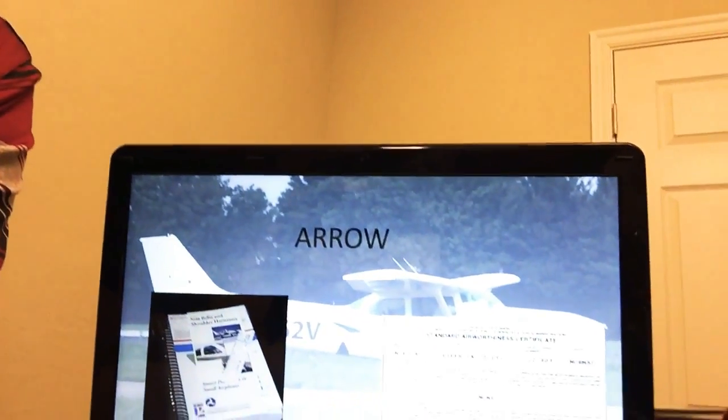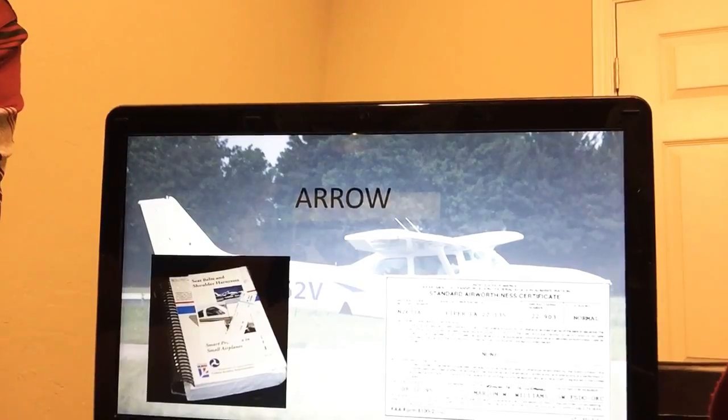Also, documentation for that aircraft. We all know what AROW means: airworthiness certificate, registration, operator's manual, and a weight and balance. He's going to want to see those. One other thing in there is